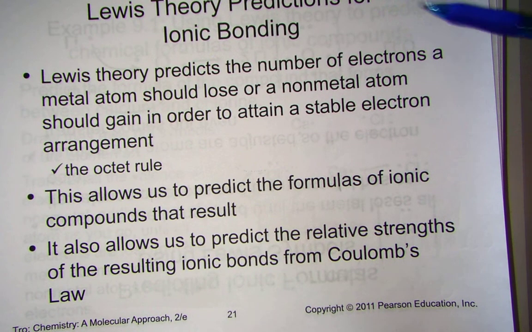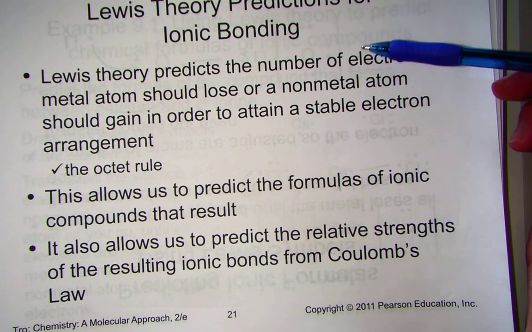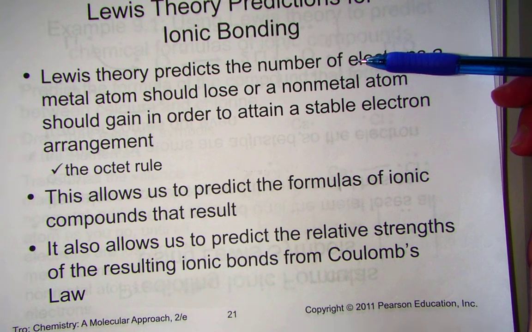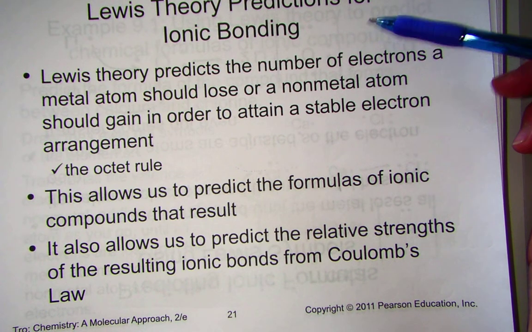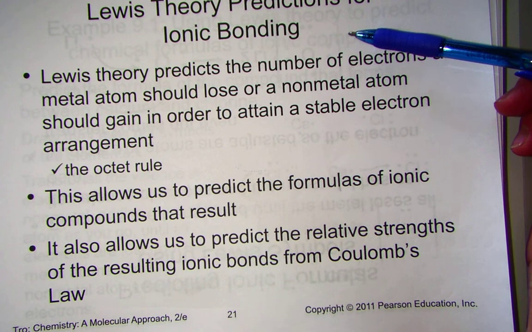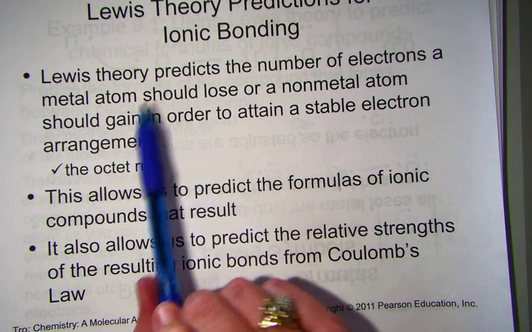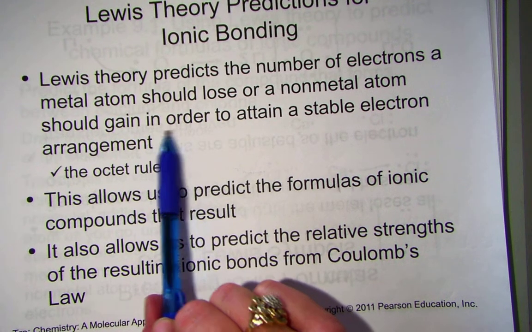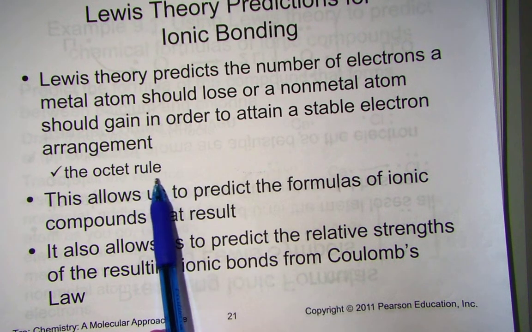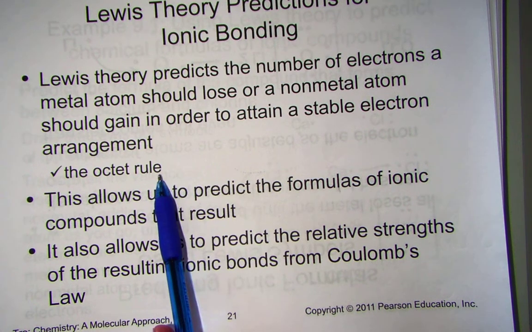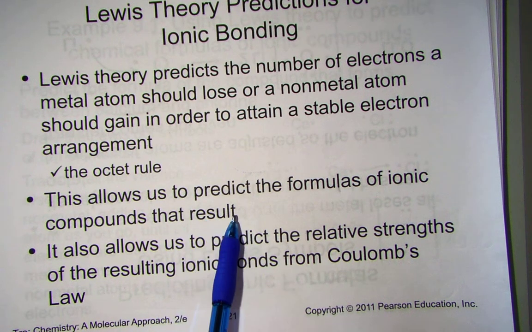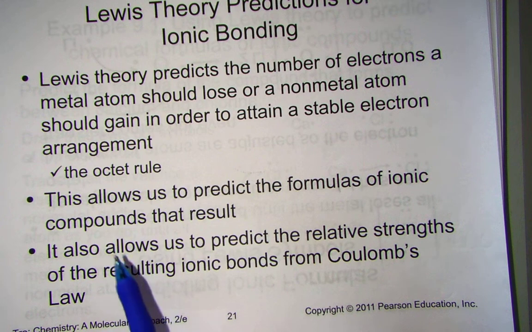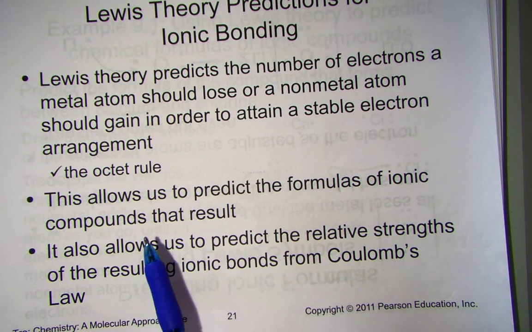I think of this as, if I wanted to predict for ionic compounds, it's just crisscrossing charges to find how many of each we need to create a neutral compound. So the ionic bonding, according to the Lewis theory, says I predict the number of electrons a metal atom should lose or a nonmetal should gain in order to attain a stable configuration, aiming for the octet rule, to become like a noble gas. It allows us to predict the formulas of our ionic compounds that result. By just crisscrossing charges, we can come up with our formulas. It also allows